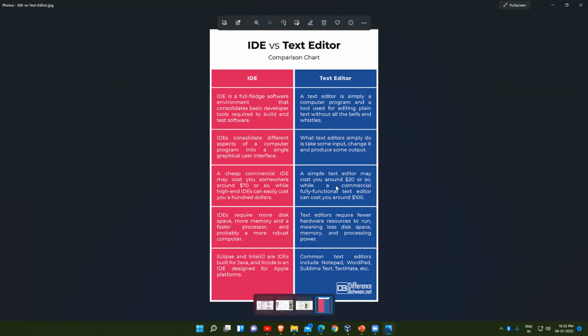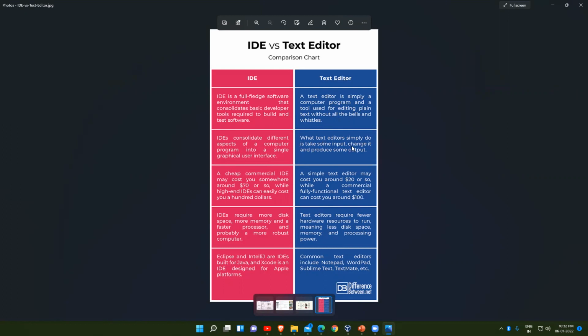I got it from online. An IDE is a full-fledged software environment that consolidates the basic developer tools required to build and test software. It will give you so many related components. But a text editor is simply a computer program and a tool used for editing plain text without all the bells and whistles. IDEs consolidate different aspects of a computer program into a single graphical user interface.